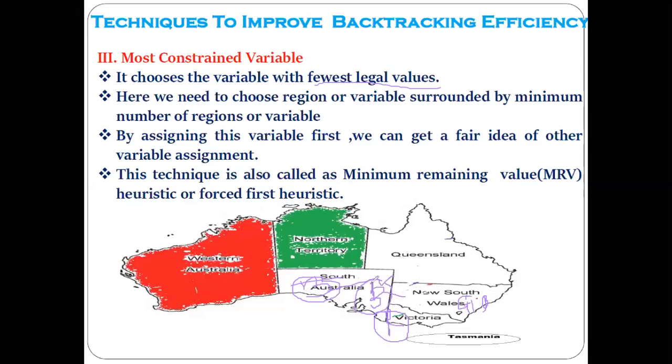Correct? Here you have the blue. Here now this one is remaining and this one. Now which are the remaining? Only one is remaining. No, sorry, two are remaining. This one and this one. Now which are the legal values for this region? After giving the blue here, red here, yes.